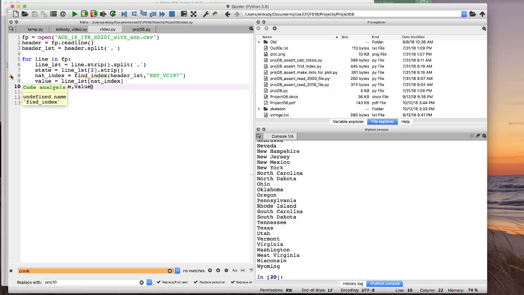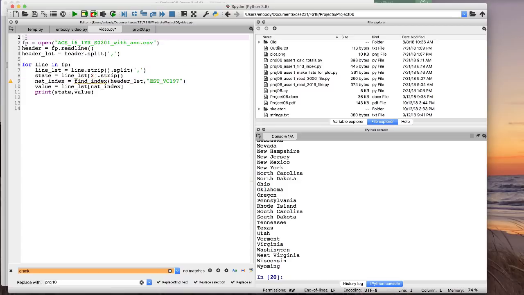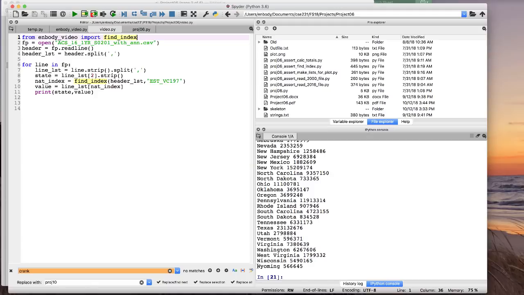Let's see, I still have, I haven't written this find index function, but I did. I just created a little file here so that I could use that function without showing it to you. So I'll just import that function. Now I've got everything, and when I run this, we see things like, okay, Wyoming and